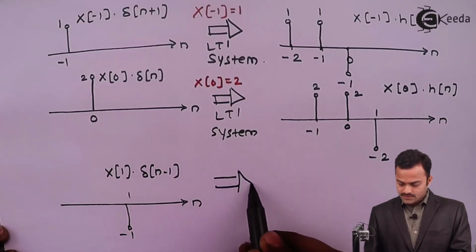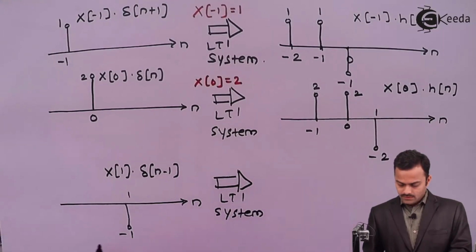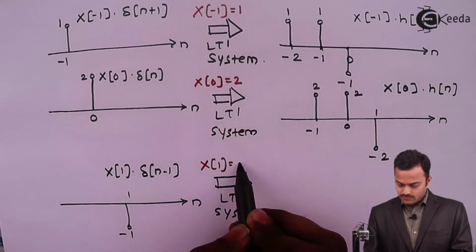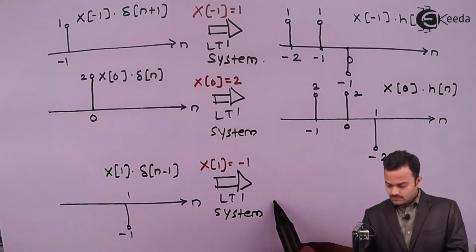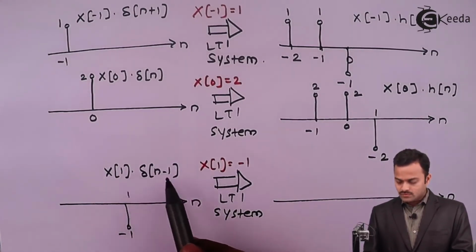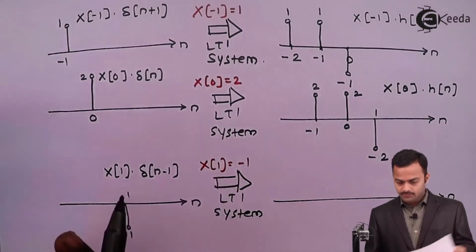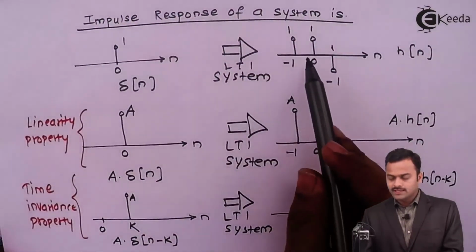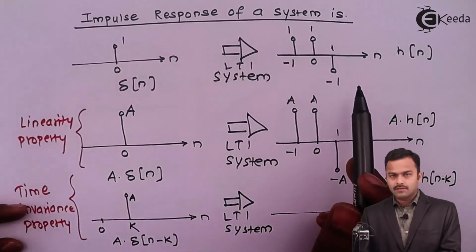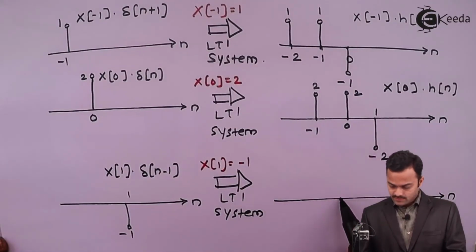If I pass this through the LTI system, where the scaling factor this time is x of 1, which is -1, I need to multiply delta n by -1, but at the same time it should be delayed by 1. So h of n, the impulse response, is like this. I need to delay it by 1. At the same time, it needs to be scaled by -1. So we will get a signal like this for